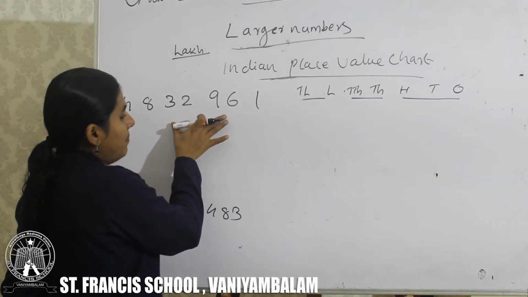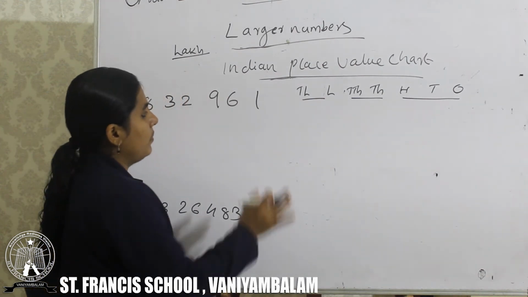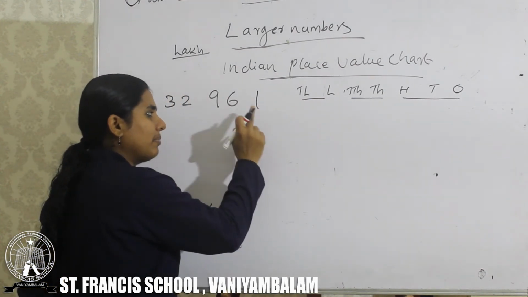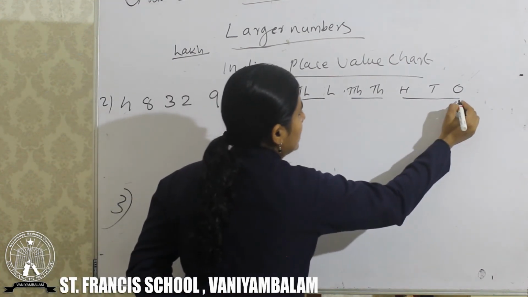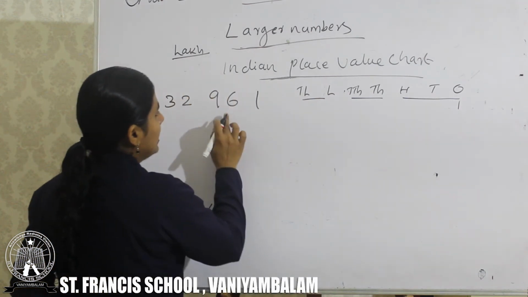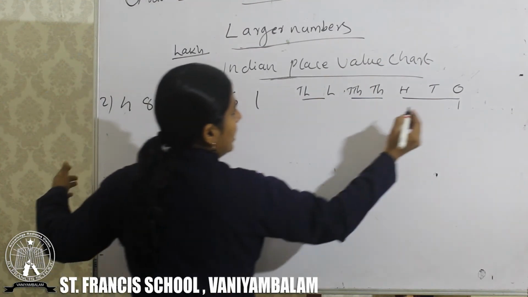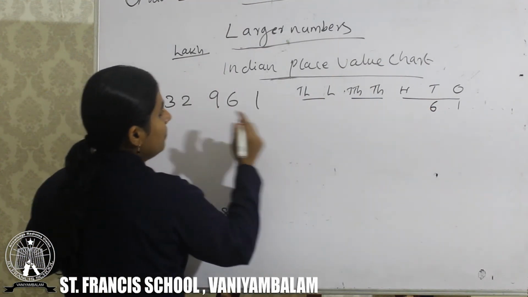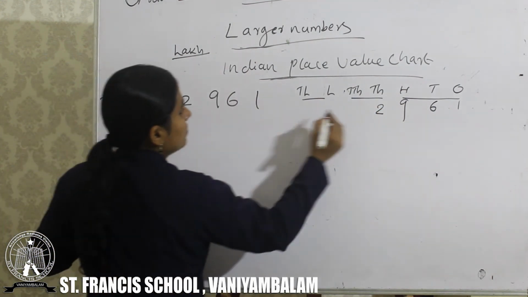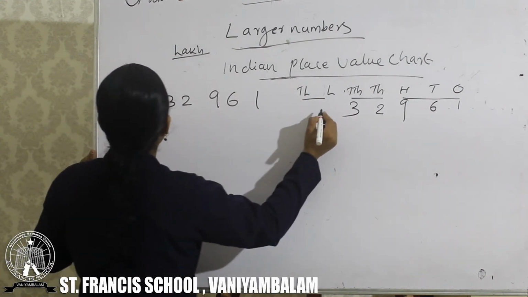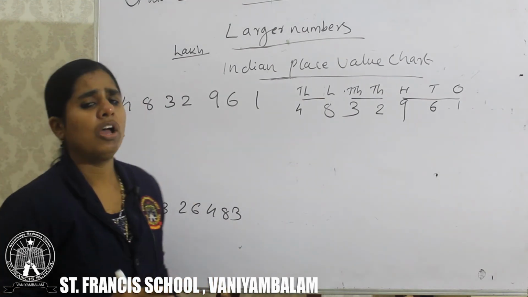After this, we want to place each digit below the place value chart. We know the ones is the first place. Every time, on the right side, we have which number? In the ones place we have 1. You write that below the ones place. Then second, left of the ones, we have 6. Every time we write from right to left. The next we have 6. In the 100 place we have 9. Then in the 1000 place we have 2, in the 10,000 place we have 3, in the lakhs place we have 8, and in the 10 lakhs place we have 4.